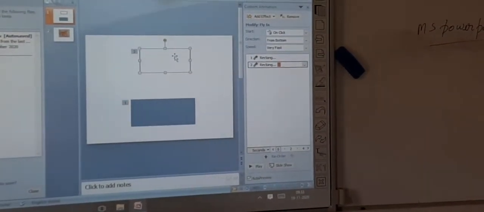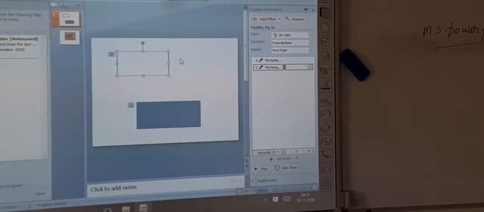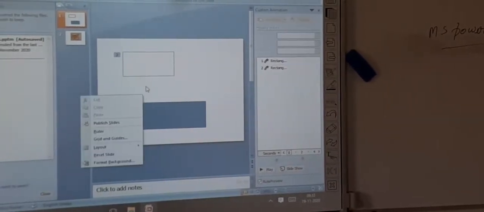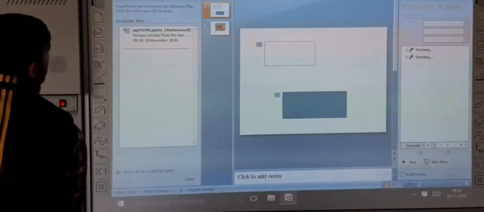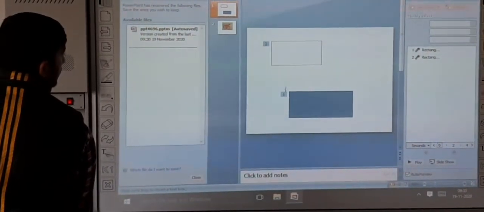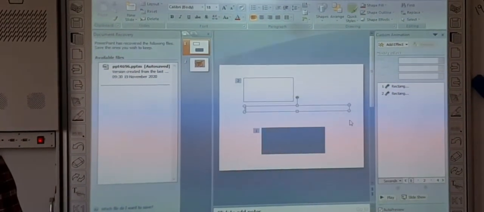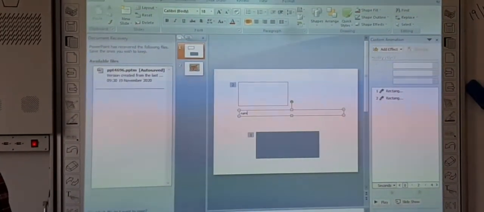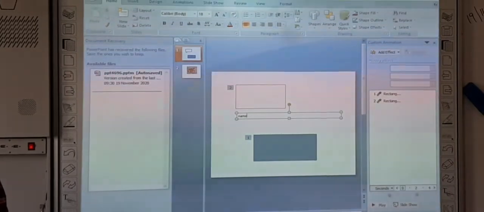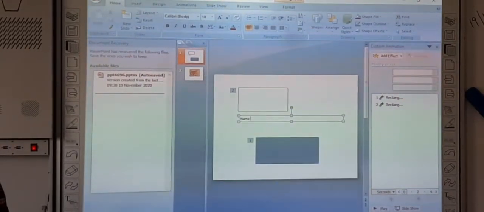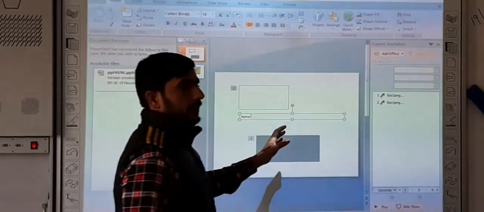So here you can just understand about that. If we want to insert that, okay, I have typed in here this name.